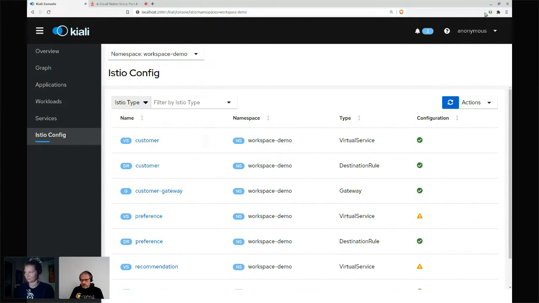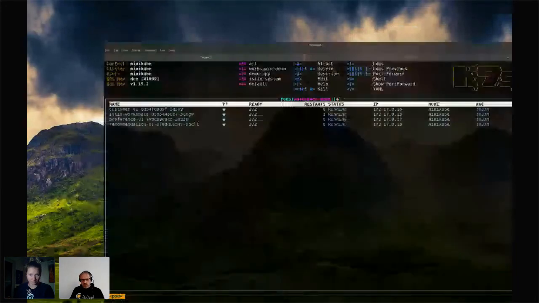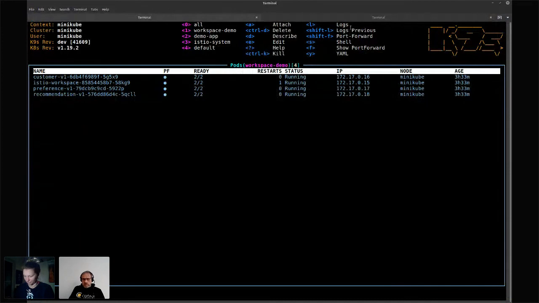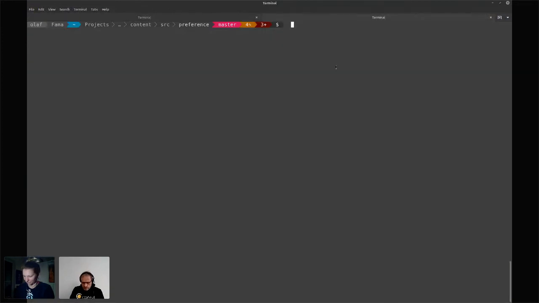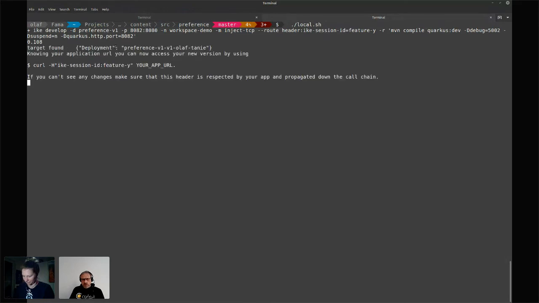with the Kubernetes cluster and run an application on my local machine so that it behaves like it's deployed into the Kubernetes cluster. And for that, sorry, I need to switch to the command line. I'm going to execute a command from the Istio command line tool. I put that in a shell so that I don't make any typos because it's a bit longer. So here I defined that I would create a development,